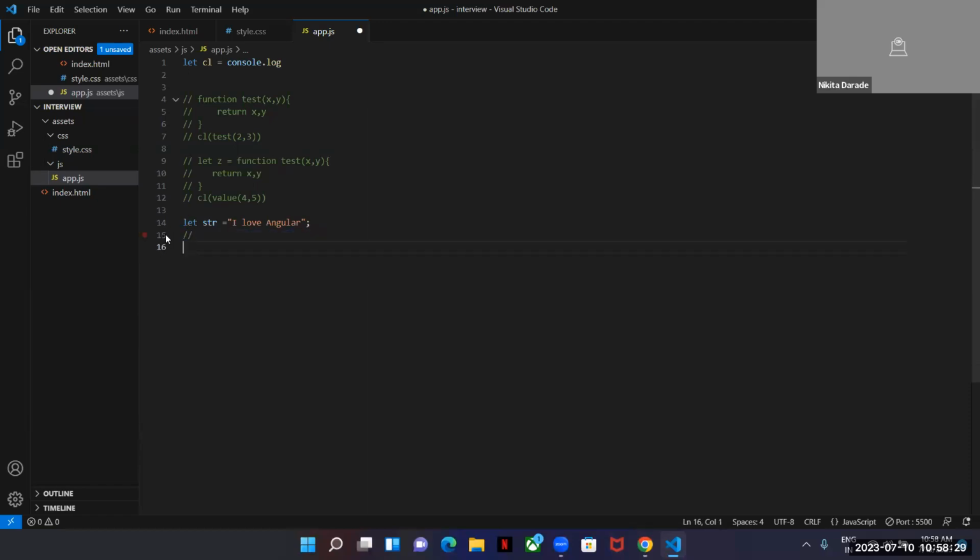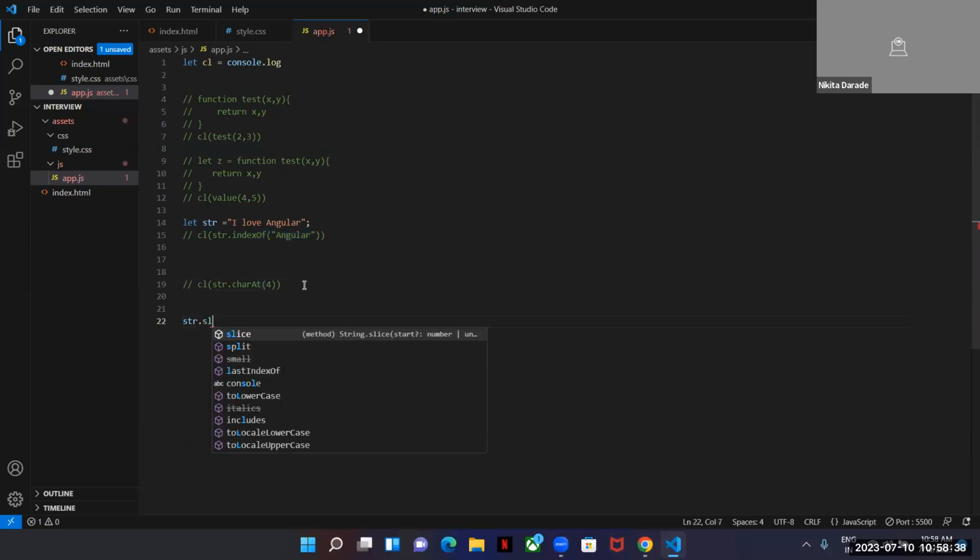Slice method is used to cut a particular part of a string.